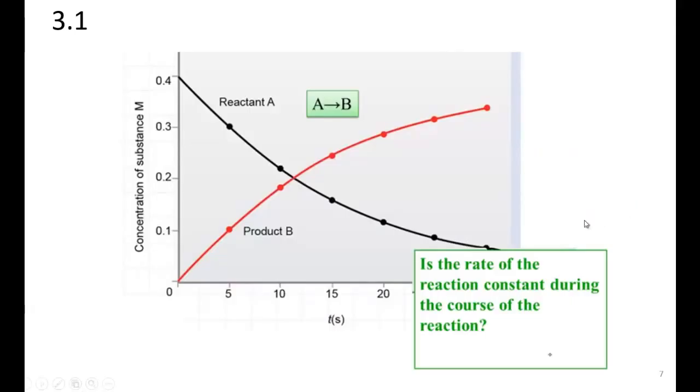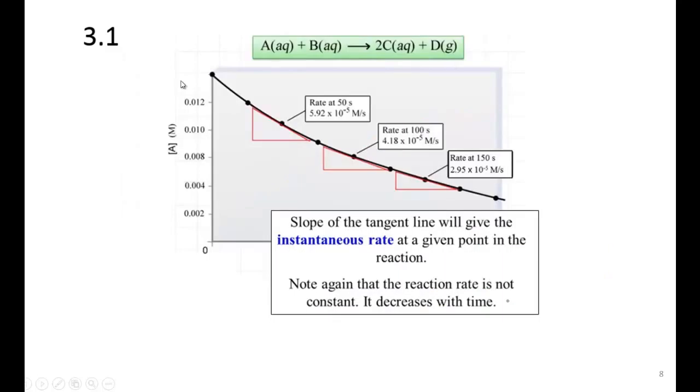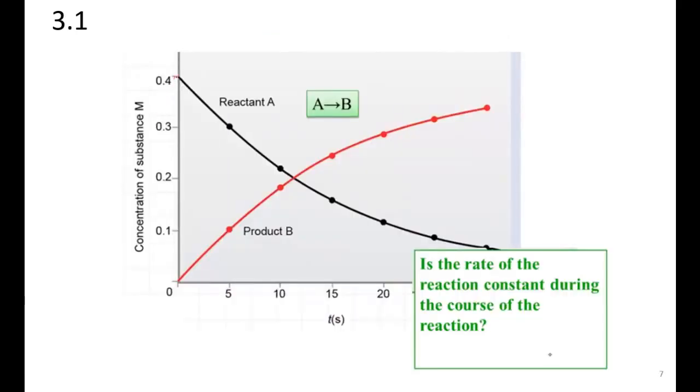Okay, so if we think about a reaction and we were to plot, let's see here, we have the reactants. We start with some amount of reactants. And initially we have no product. Over time, we can show what's happening to the concentration of reactants and what's happening to the concentration of products. So the question is, is the rate going to be constant? And the answer is generally it's not going to be constant, because what happens here,